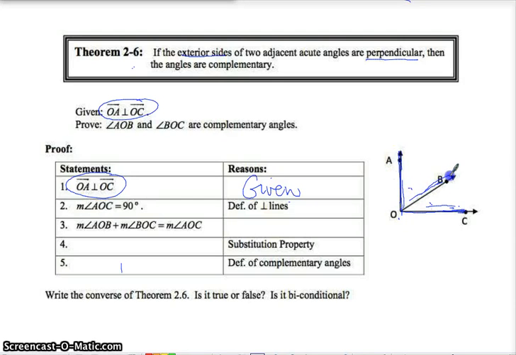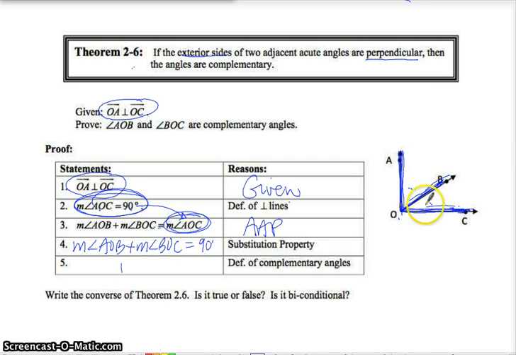The measure of angle AOB plus BOC equals AOC. I hope you have seen enough that you see that's the angle addition postulate. Now, what do you think we're going to substitute in here? Well, the only thing we can substitute in has to be relative to these two lines. This has an AOC, this has an AOC and a 90, so we're going to put 90 in for AOC. Now we say that these two angles add up to 90 degrees because of the substitution property. And therefore, if these two angles add up to 90 degrees, what does that mean about